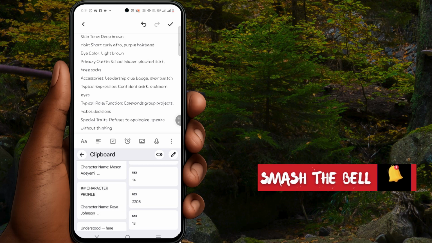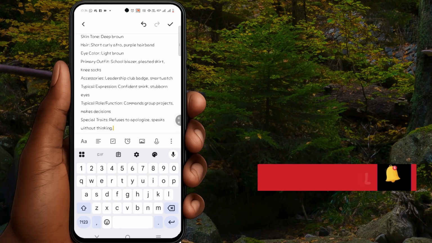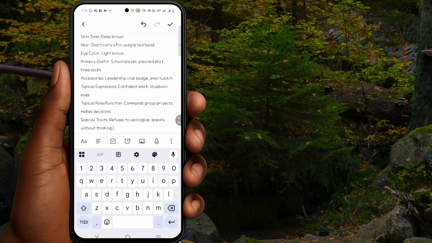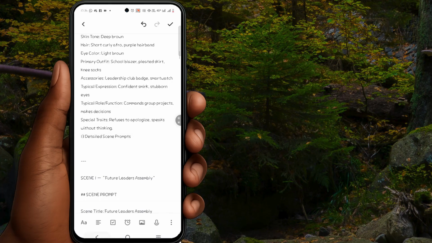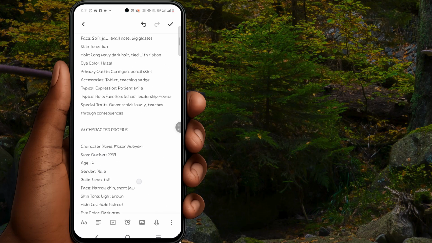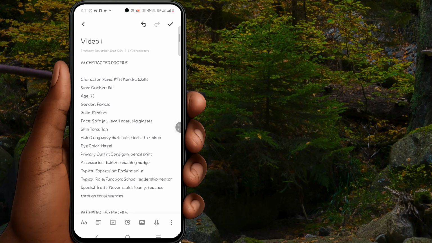The reason why I'm doing this is I want to take my time and go through it, understand what everybody in my story is doing so that I know who it is and what the person is doing. Now, I will also show you how to maintain consistency with this. So you just hold on a bit. So the first one is I'm taking a look at Miss Kendra Wells.